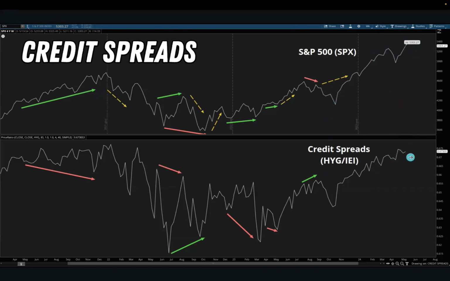If this continues to make lower highs here, as this continues to make higher highs, then that's going to be another divergence and a signal that, hey, maybe risk appetite is not as bullish as we think it is, as the S&P 500 is portraying it to be, and we could be potentially due for a pullback or correction in the market. As I mentioned in the beginning, this is going to be probably one of the most important ones